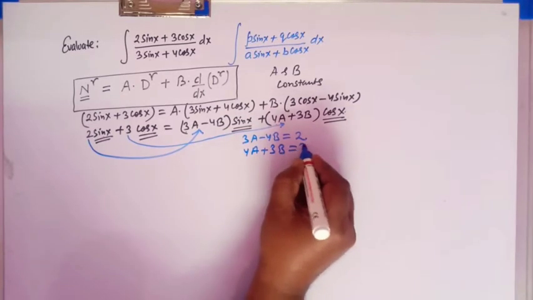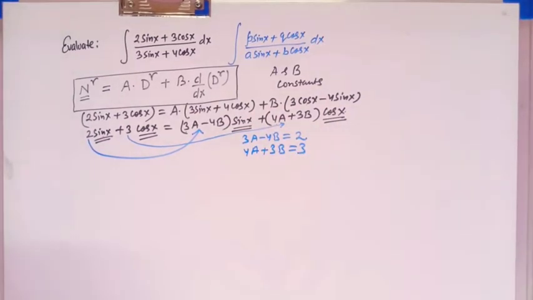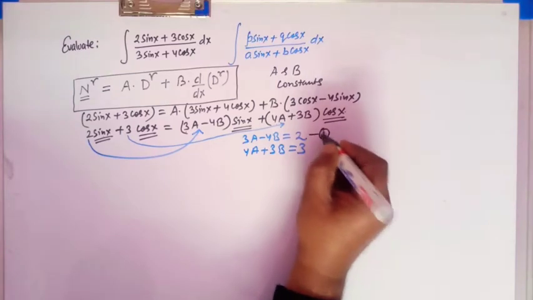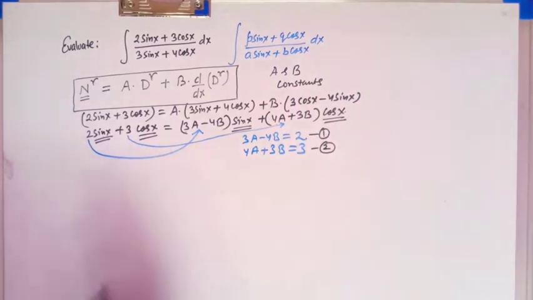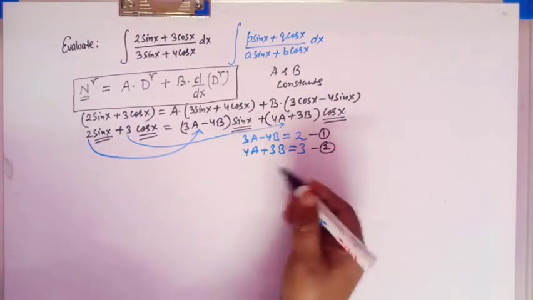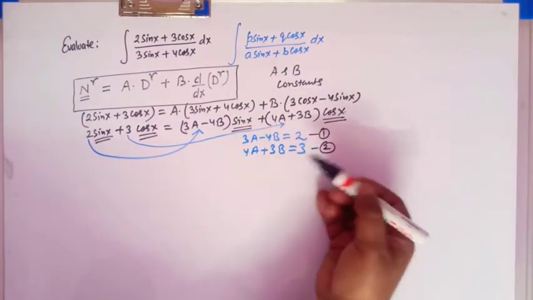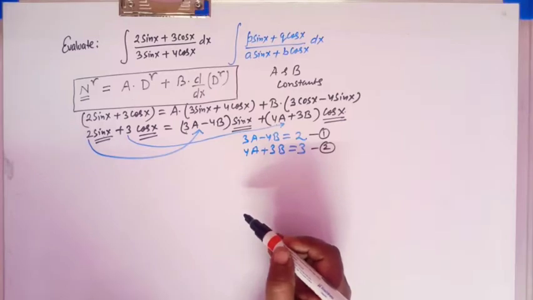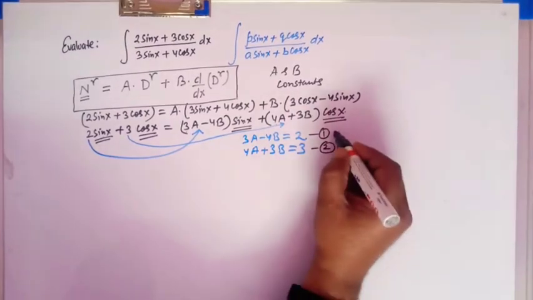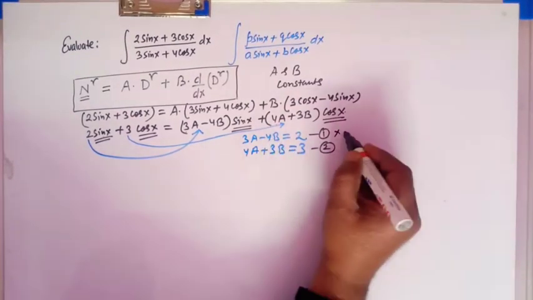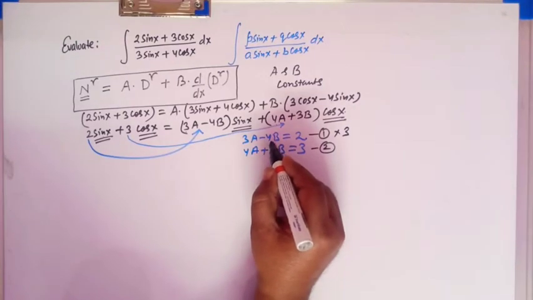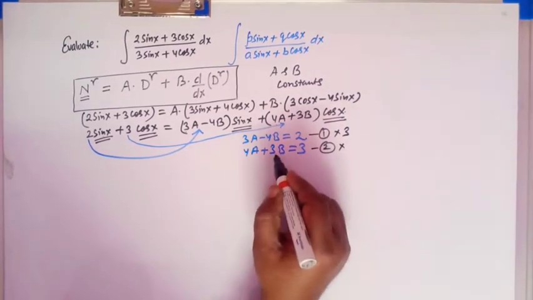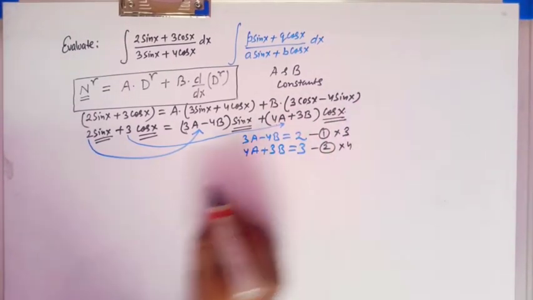Now we have two linear equations in a and b, and our aim is to find the values of a and b. We know how to solve linear equations in two variables, so here we'll make use of the elimination method. Multiplying the first equation by 3 and the second equation by 4, we get